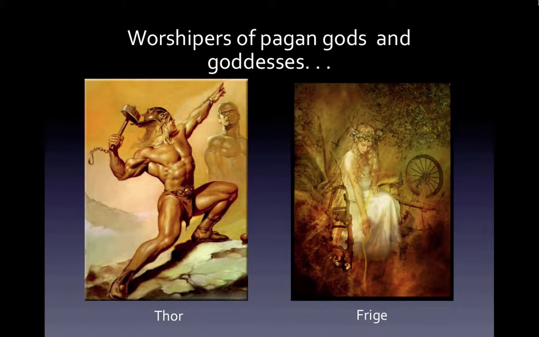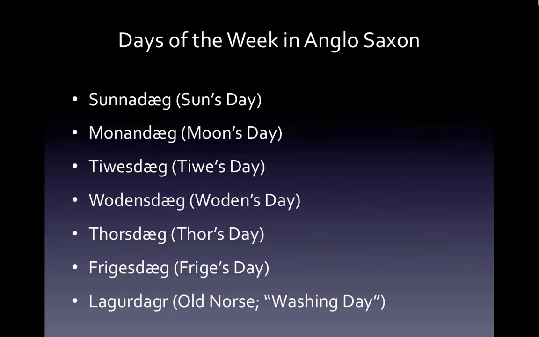Of the 7 days of the week, the names of 6 come to us from the Anglo-Saxon language. The word sun sounds the same in Anglo-Saxon as it does in modern English, the language that we speak. The same is true of moon, and from these two words the Anglo-Saxons give us Sonnendag and Monendag, Sunday and Monday. Tu was the Anglo-Saxon god of war, and he gives us Tuisdag, or Tuesday. Woden, the supreme Anglo-Saxon god, gives us Wodensdag, or Wednesday. Thorsdag comes from, well, Thor, and Freya gives us Friasdag, or Friday.